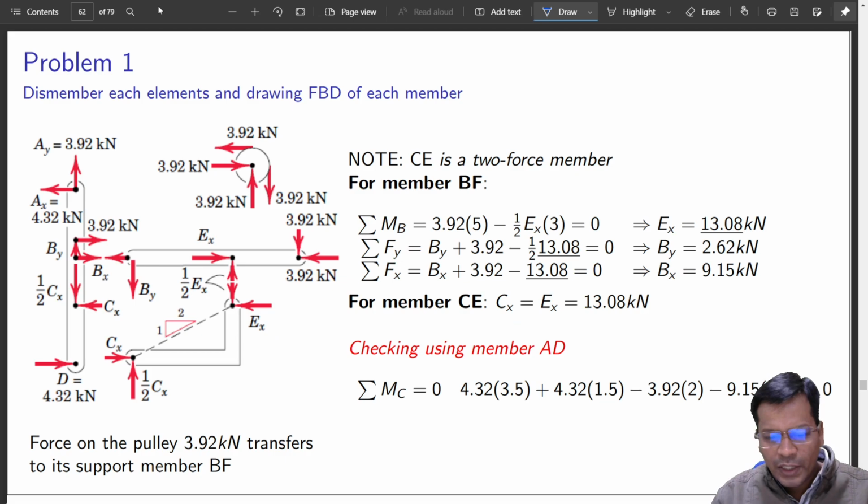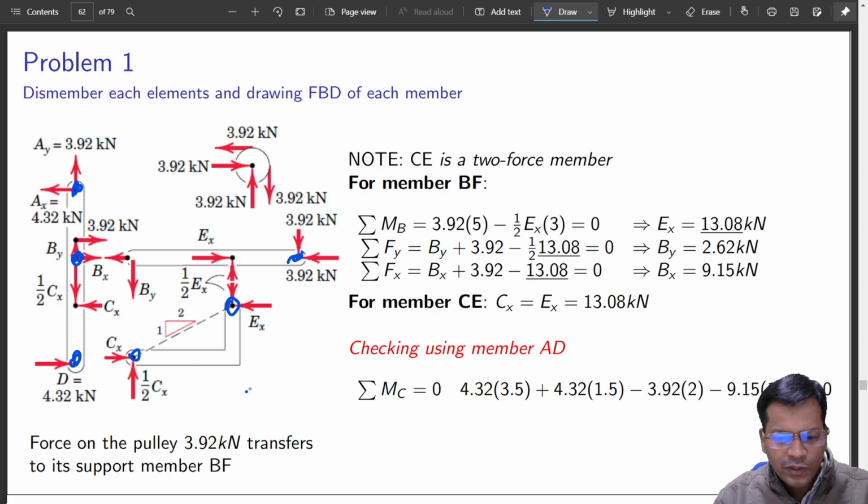Now what you are left with, you have almost solved the problem. You have found out this reaction, this is done as well. B was done using external forces, this was done. Everything is solved. That means you need not proceed further, but still if you want to check whether you